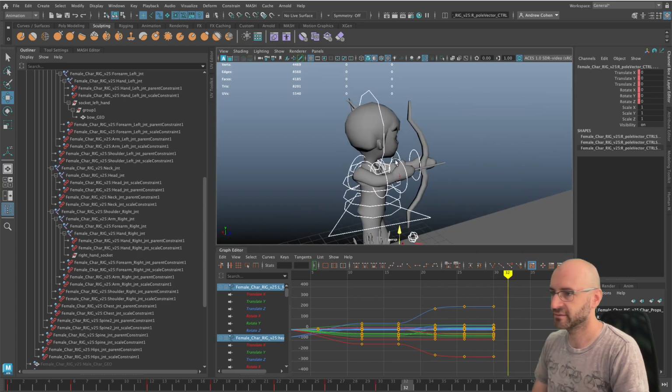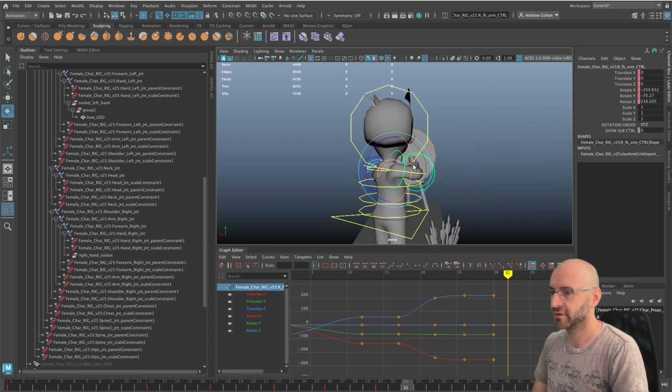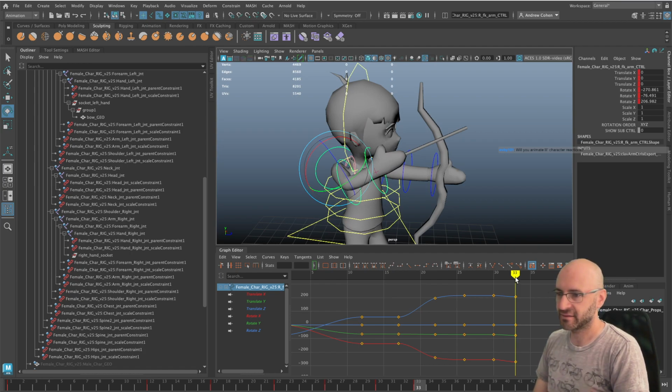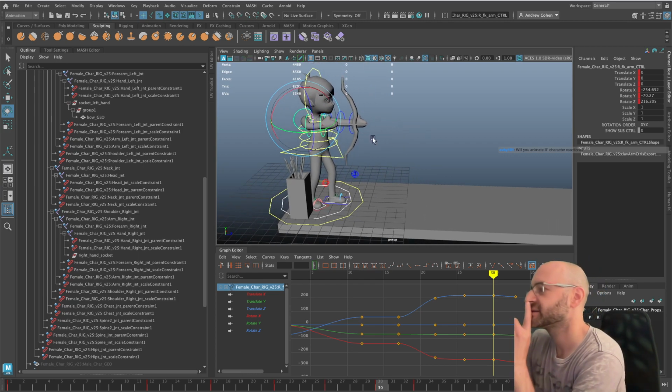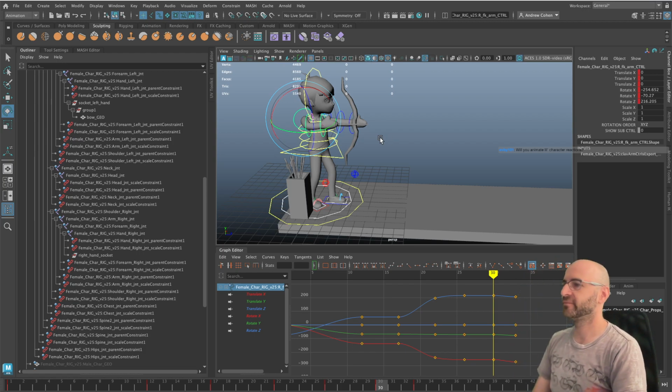And then this arm goes up, and the arrow goes flying. And now to set the arrow, right now it's attached to the hand, and I need it to smoothly detach from the hand and go toward the bullseye. So I think I need